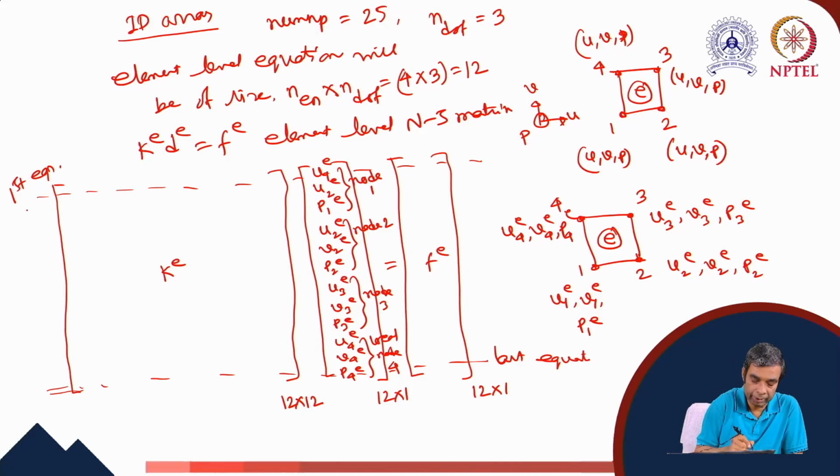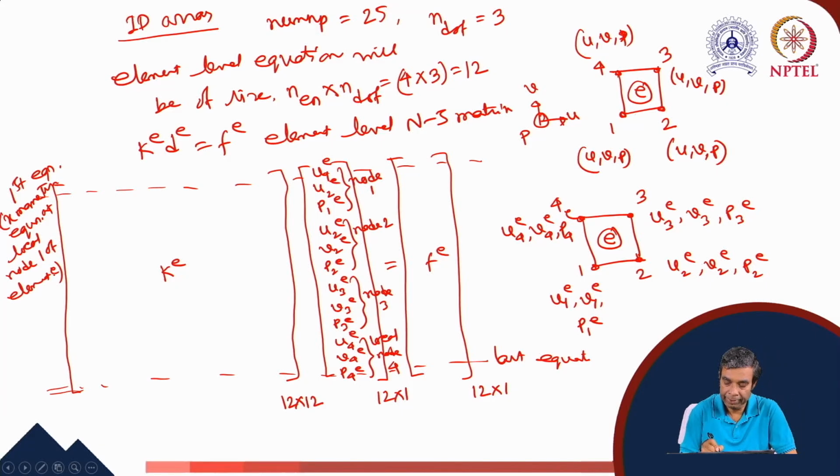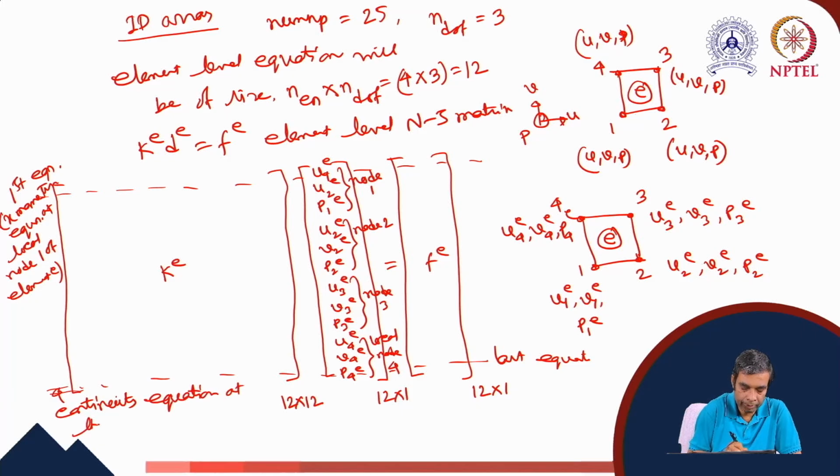The first equation is the x momentum equation at local node 1 of element E. The last node is the equation for P. Equation for P represents the continuity equation. So this is the continuity equation at the fourth local node